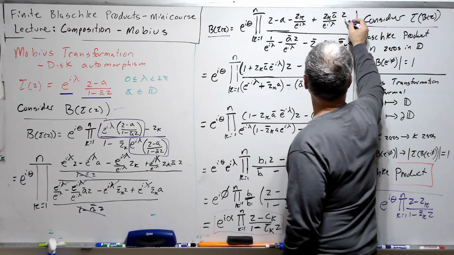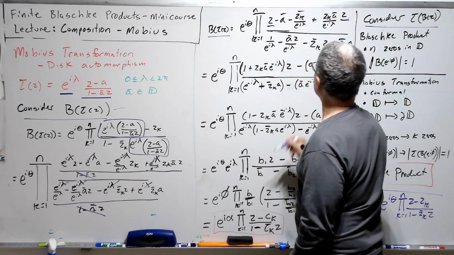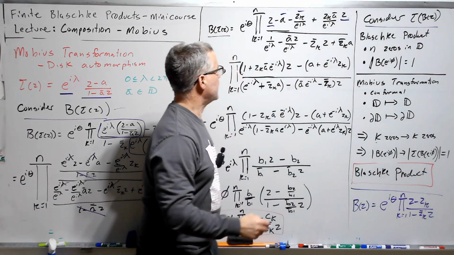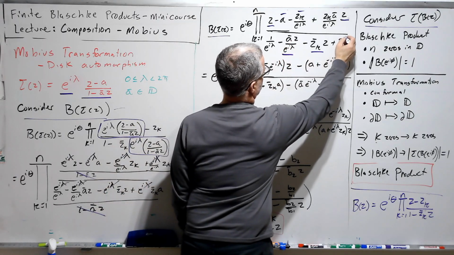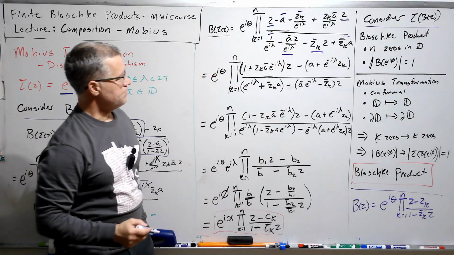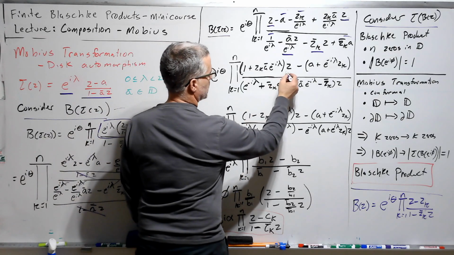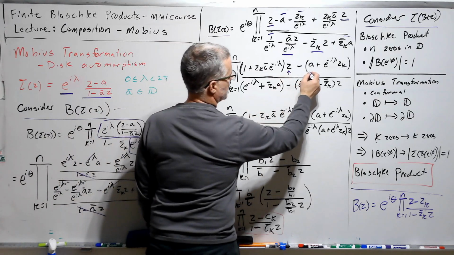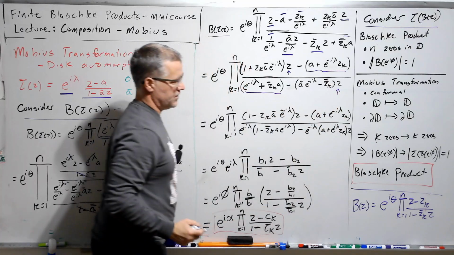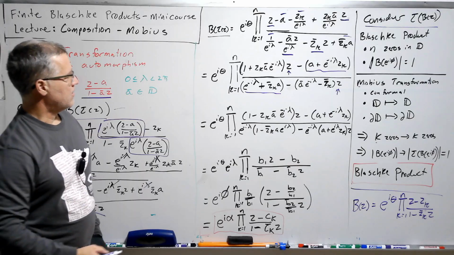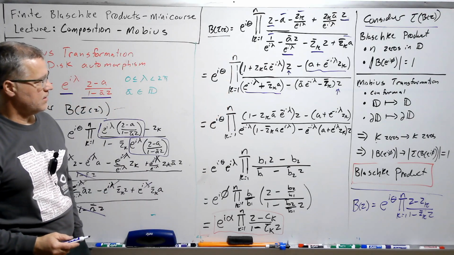So now let's identify some terms that are being multiplied by Z, and then some terms that are constants. And the same is true down here. Here are some terms multiplied by Z, and then here are some constants. So let's collect those and distribute out the Z. So we've distributed out the Z here, and then we have just a constant. We have the constant here, and we've distributed the Z out here. Our phase factor is just coming along for the ride,